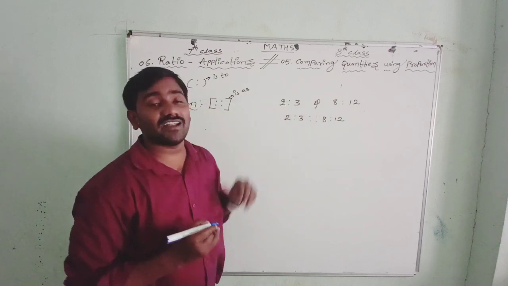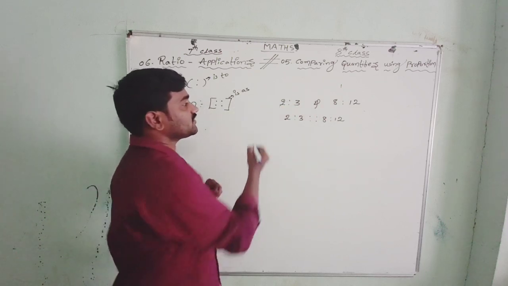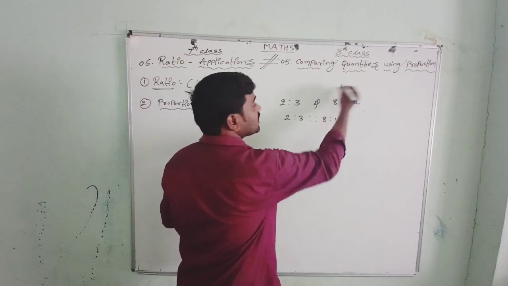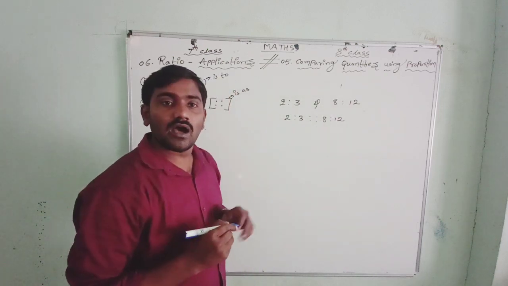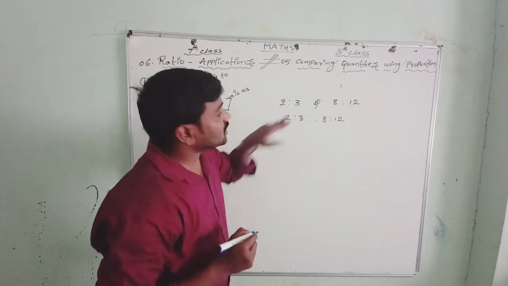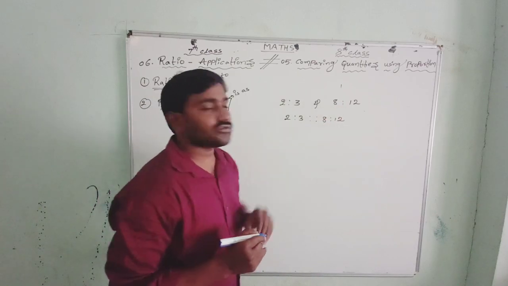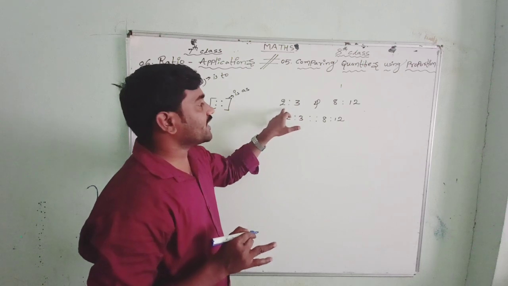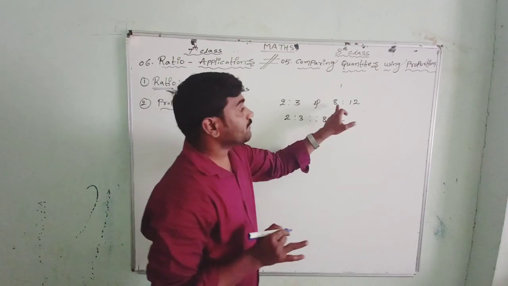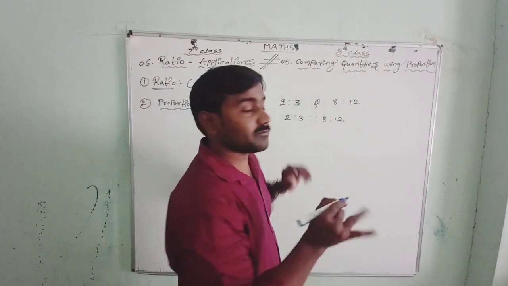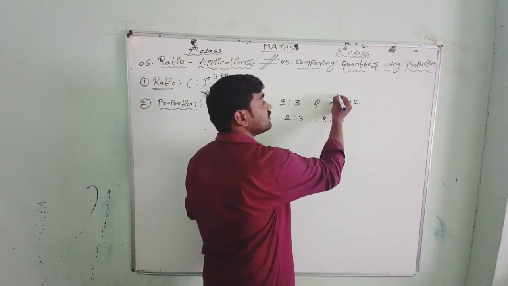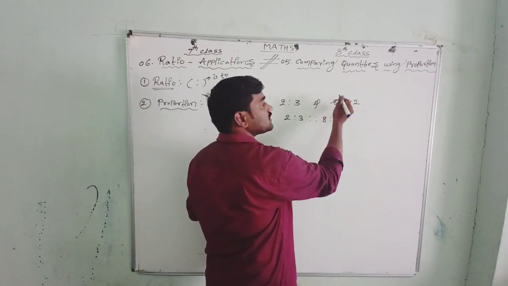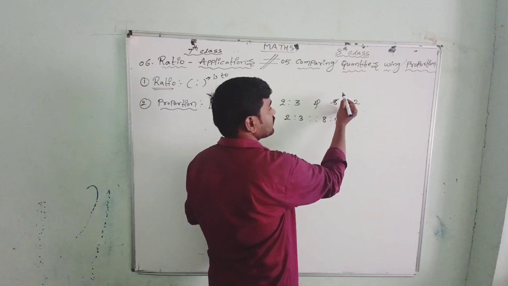Both ratios are equal actually. If you see the first ratio, this one, and the second ratio, they are equal. How are they equal, sir? Here it is 2 is to 3. Here it is 8 is to 12. How come they are equal? Here, see that 2 is to 3 we cannot simplify again. But 8 is to 12 can be simplified. 8 can be cancelled in the 4 table. Yes? So let us cancel in the 4 table first.